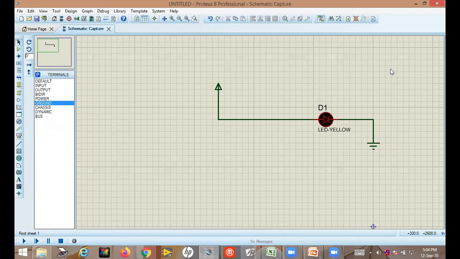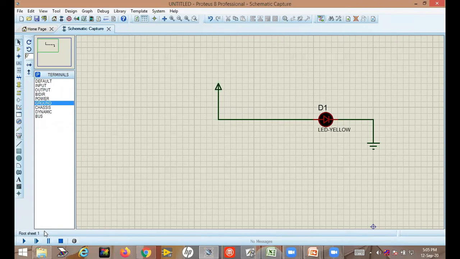Okay. Now anybody has any doubt? How to place component, how to select component, and how to make connection. Okay. After this is our circuit. Now at the bottom, see, this is run simulation, then advanced simulation, then pause simulation, then stop simulation. These are the 4 options you are getting here.